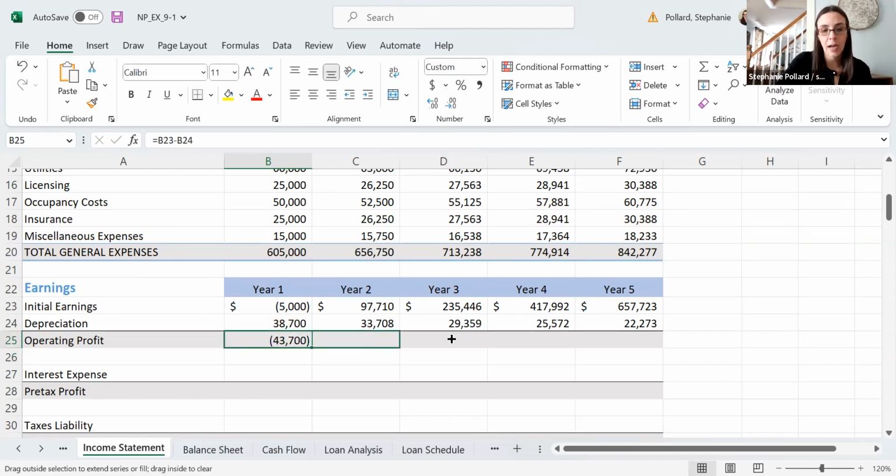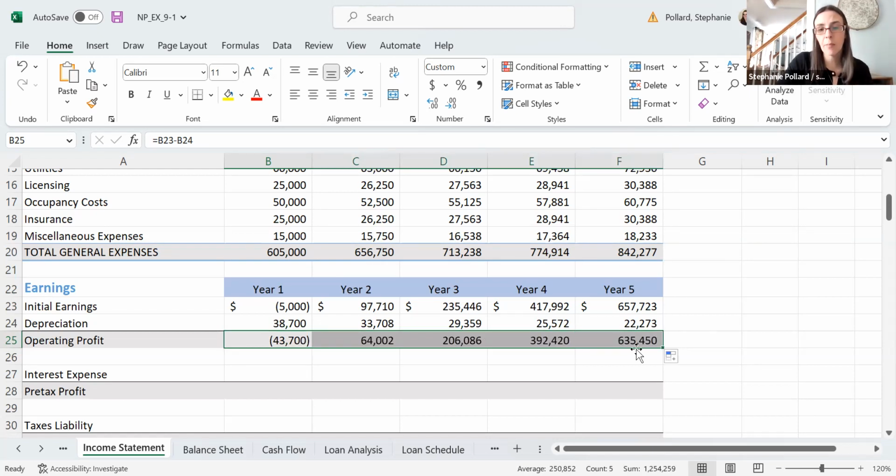So for the first year, I'm down almost $44,000. But again, by year 5, I'm doing very well. I'm earning hopefully over $500,000 there. All right, so now we've added our depreciation to the income